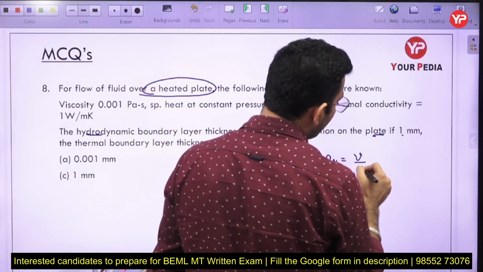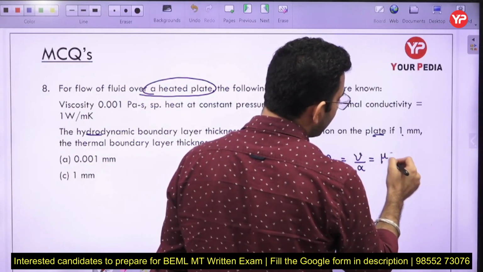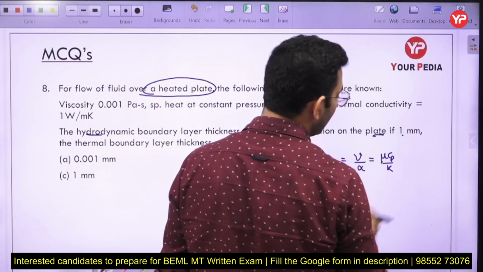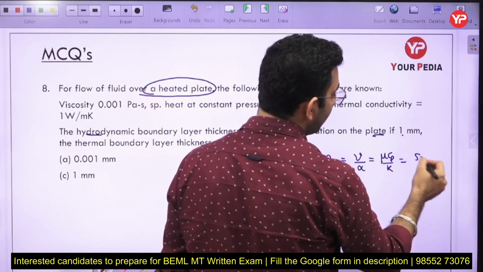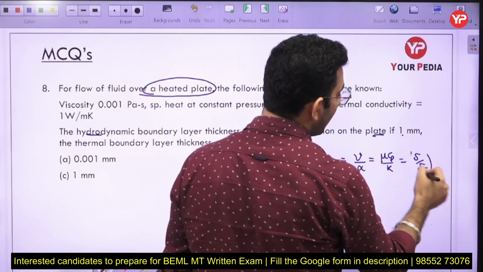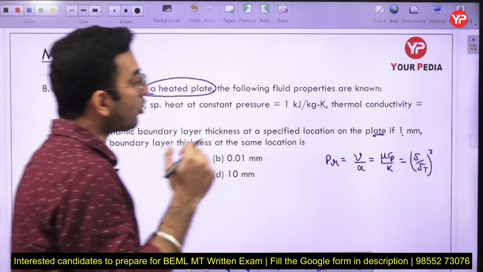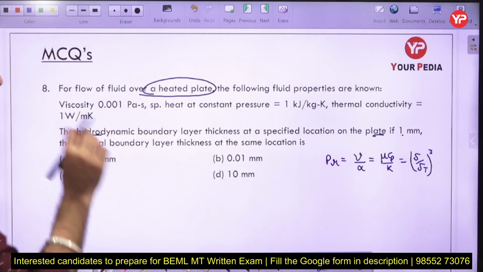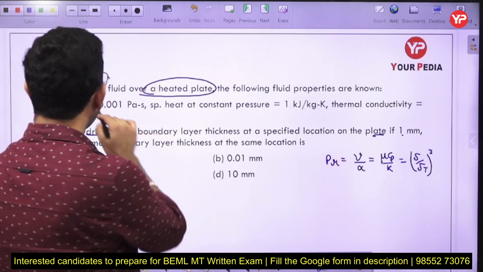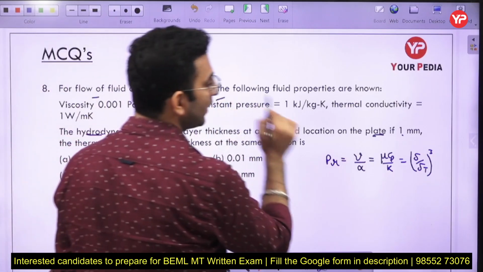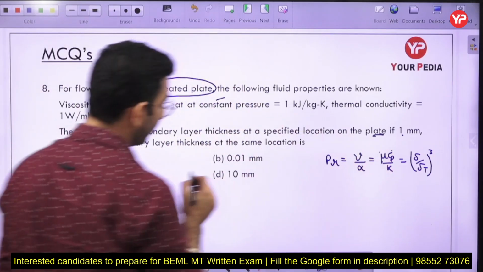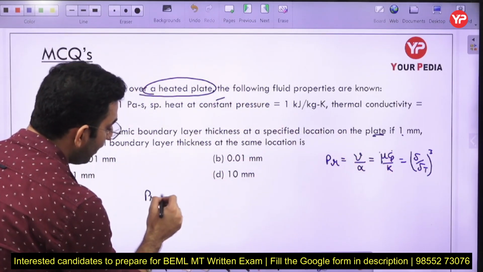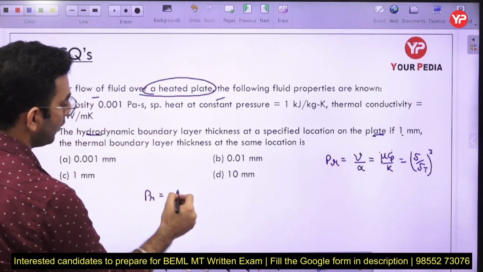It is written as mu by alpha, or you can write mu Cp by K. Further it can be written as delta by delta T to the power cube. Now coming back to the problem, first of all we have to find out the exact value of the Prandtl number. So we know the value of viscosity, specific heat as well as the thermal conductivity. Therefore I can say Prandtl number is equal to viscosity